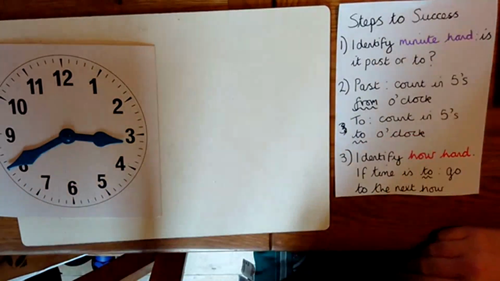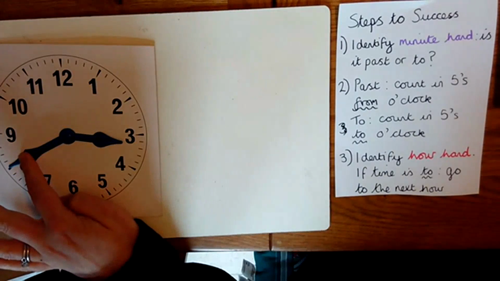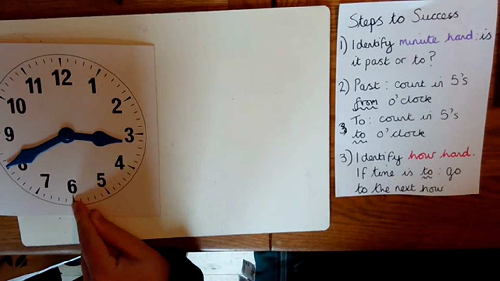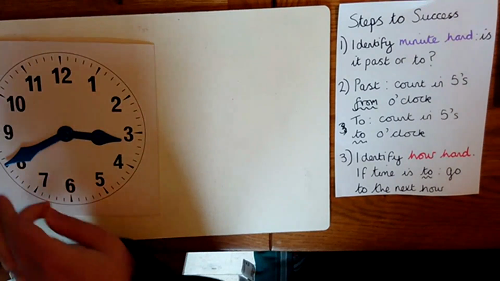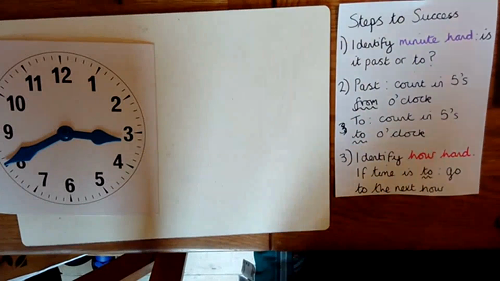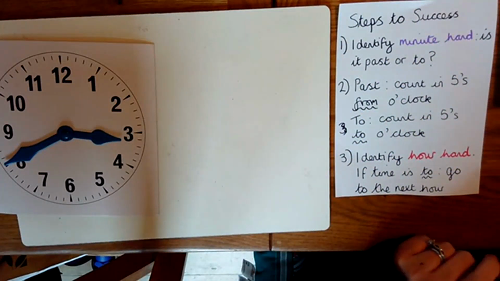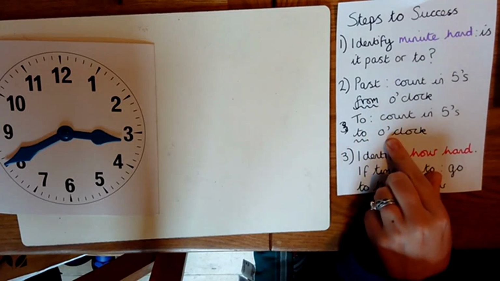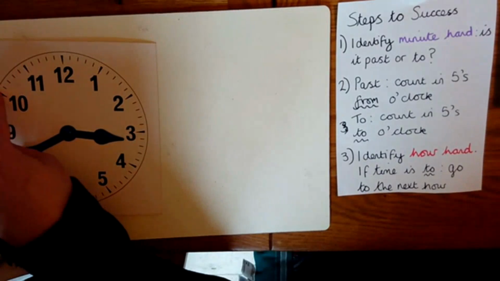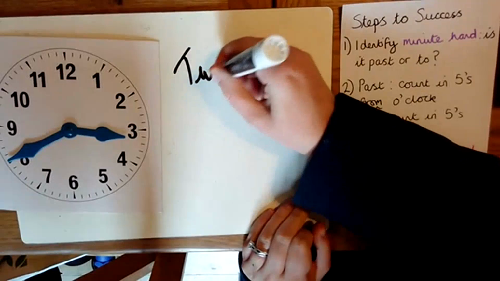this is our time. So first step to success, where is our minute hand? Here is our minute hand. It is the longer hand. Is it to or past? It is past our half past point, so we know it's going to be to. So our sentence structure is going to be minutes to it's 2. So what we're going to be doing is counting in fives towards o'clock. So count with me. 5, 10, 15, 20. So it is 20